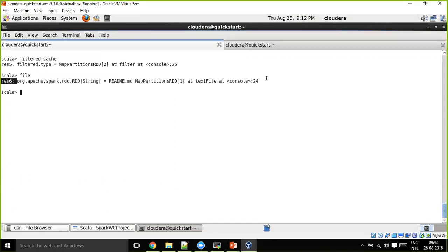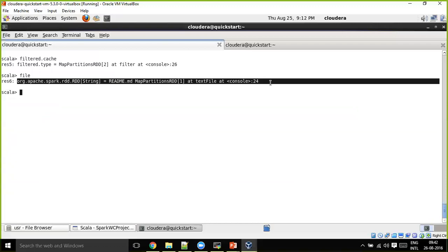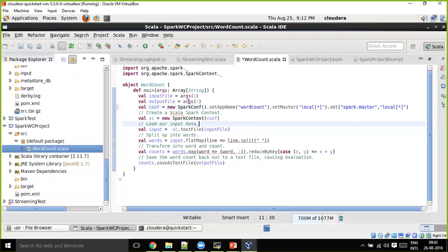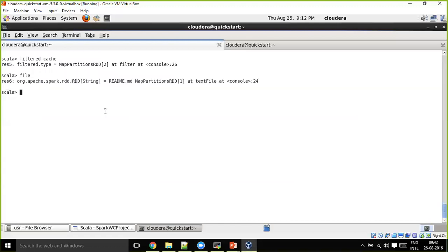Okay. So if you are within a shell, you can identify it this way. And if you are within a project, you can identify that by the return type. What does it return? The textFile is returning an RDD. Or in Eclipse, if you highlight it, you can identify it as an RDD. One file is nothing but an RDD; the file gets loaded into an RDD.